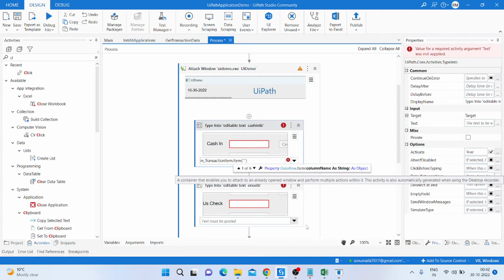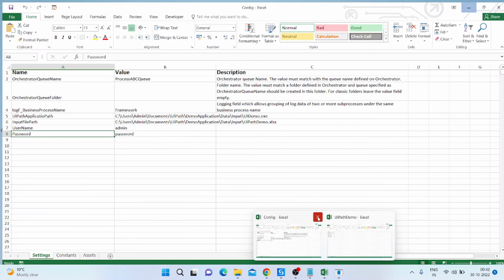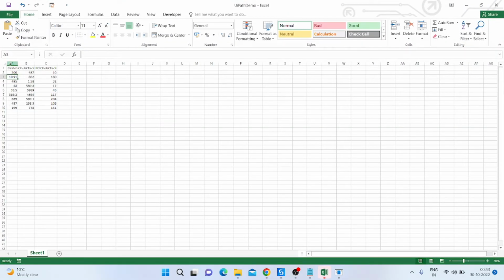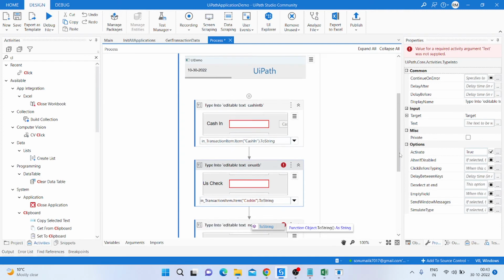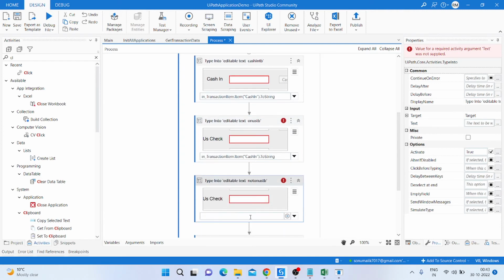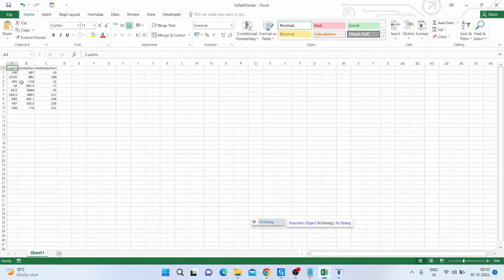Bracket and open this file. Just close this config file, copy this caching and paste it on here. Pass the value on here one by one. Just copy this thing and paste on here, also the same thing, and here also the same thing. Just copy the column and change the column name into the